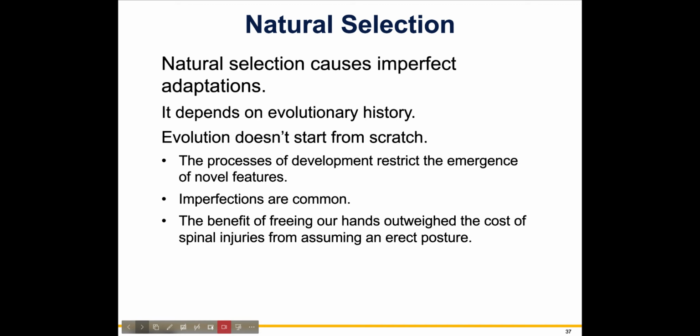But evolution can't just start from scratch. Again, we need to have these changes in the genetic code, this variation for natural selection to work. So it's kind of an imperfect system. There's no real direction towards perfection. It's just what can the population have right now? What makes it best to survive? A great example is,